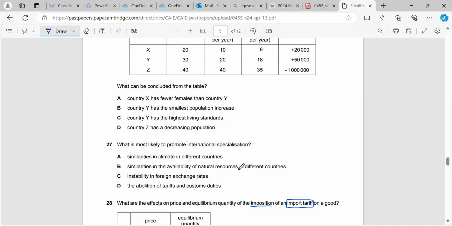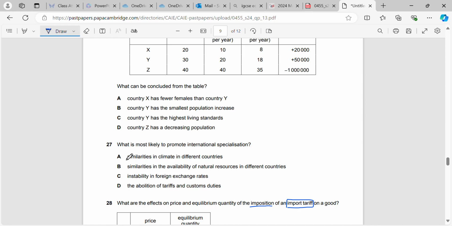Okay, what is most likely to promote international specialization? So again, if you watched question paper 12 and 11, you'll see that we said international specialization is focusing on making the products or the services that you are best at making. It is due to the fact that conditions of climate, etc., are different in other countries, and international specialization allows for free trade to happen. So that would be no protectionism measures. Exports and imports can freely flow